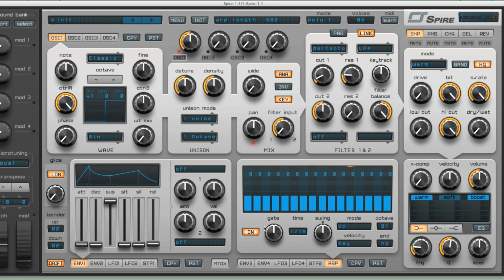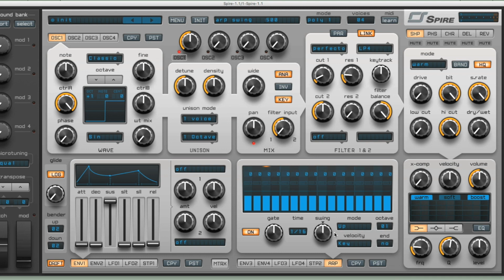Okay, so the different controls we have here are, first of all, the mode. Now, this only really applies when you press different notes. At the moment I'm just pressing a single note of C, so it doesn't matter if I set it to up, down, or up-down. But if I press two notes now, C and G, or even C, E and G to play a chord,